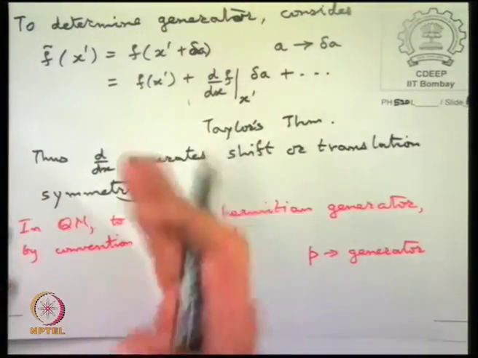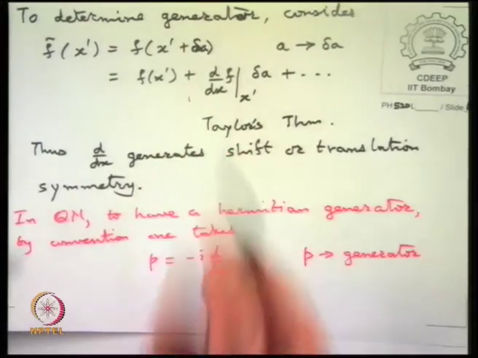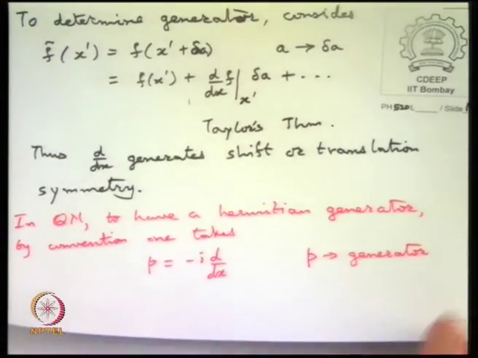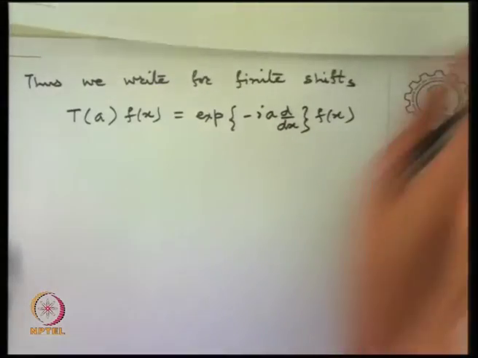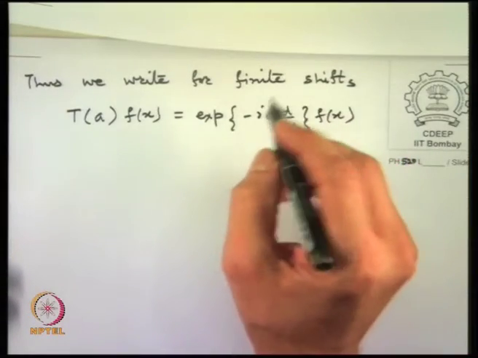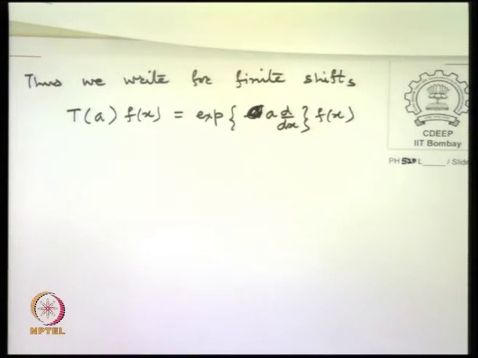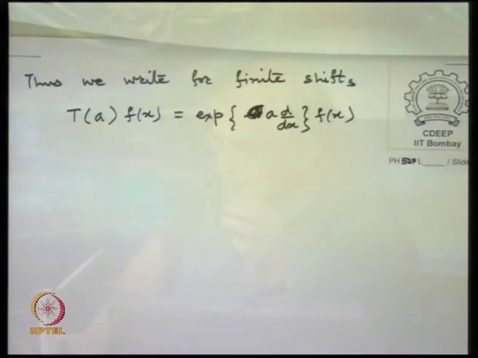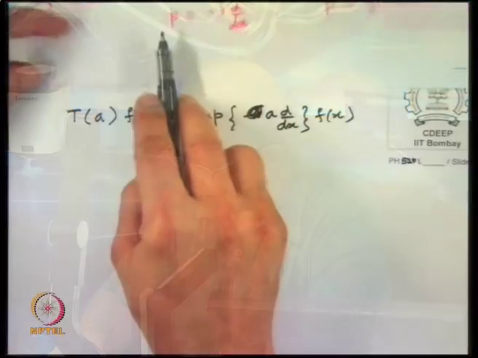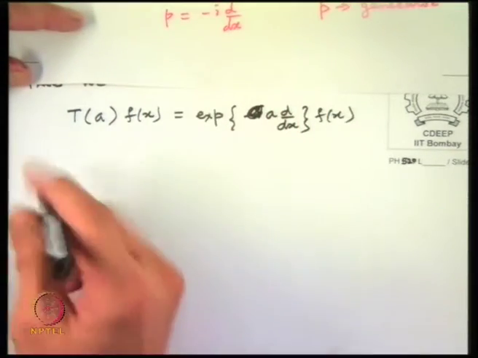For the classical functions, the usual functions on the function space, while we were using Taylor's theorem, we do want d by dx back. So for the time being, for the finite shifts we can write it like this, exponentiation of a d by dx. But in quantum mechanics, with our complex wave functions, we use this as the generator, and so in complex notation